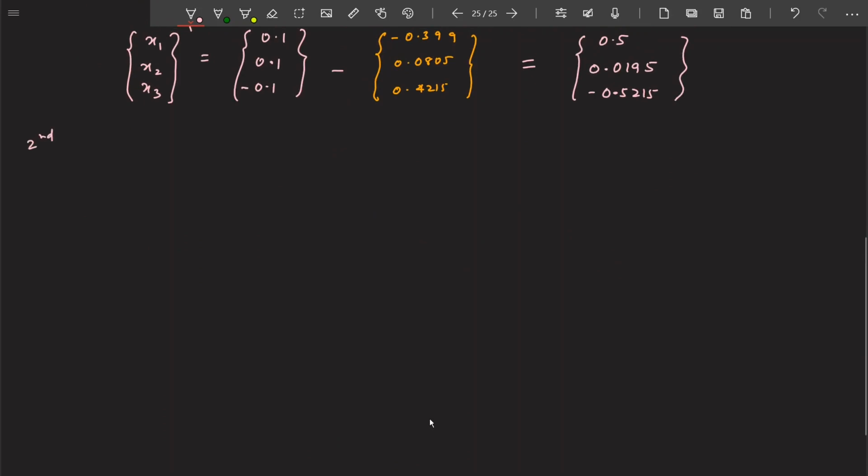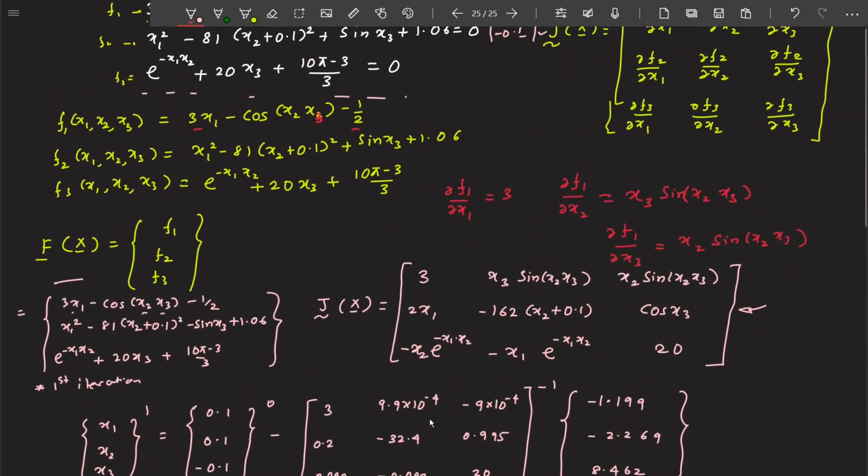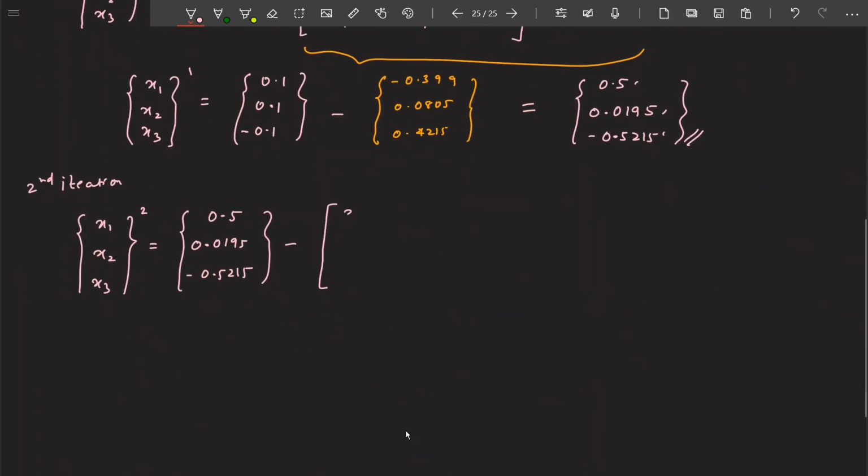Now let us move on to the second iteration. For the second iteration, x1, x2, x3 is going to be, now you are going to use the values from the previous iteration, that is these values 0.5, 0.0195, 0.5215, and you are going to substitute these values in the Jacobian matrix, that is this matrix, and then you are going to find out the value. If you do that, the value comes out to be 3, 5.3 into 10 raised to minus 3, minus 1 into 10 raised to minus 4, 1, minus 19.35,